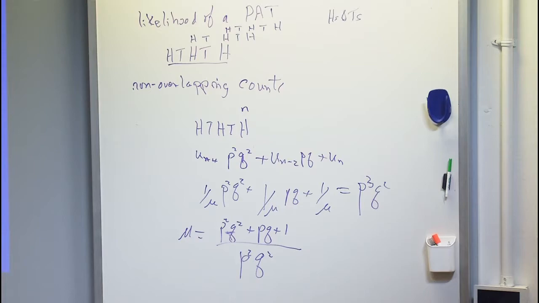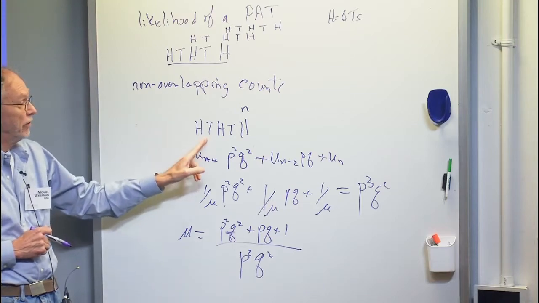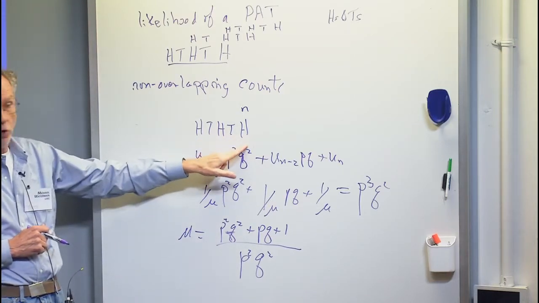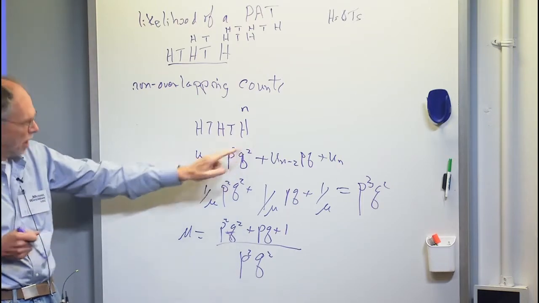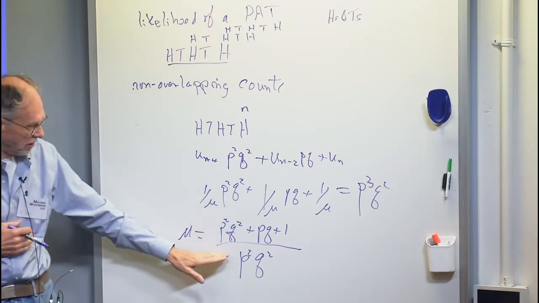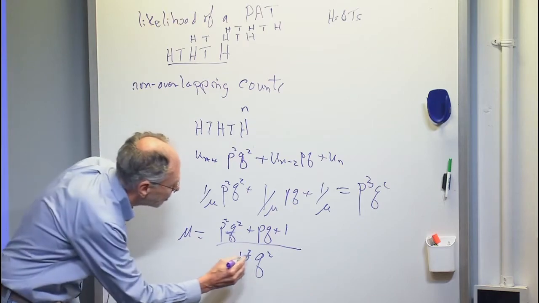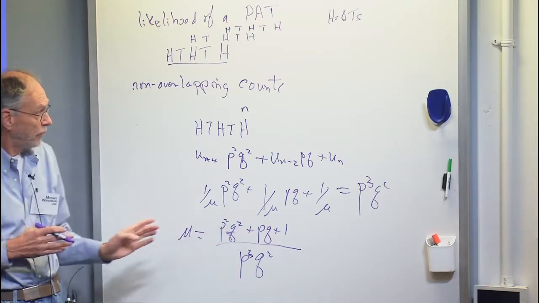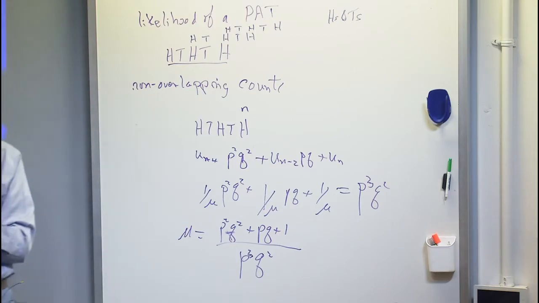So if the P and Q were a half, it was fair coins, this guy occurs with frequency 1/32. But I've got this wrong here, this is P cubed. So this says if you do this non-overlapping counts, you push the